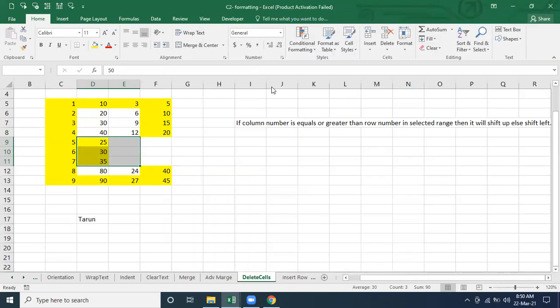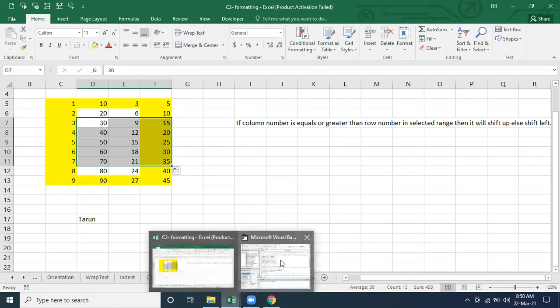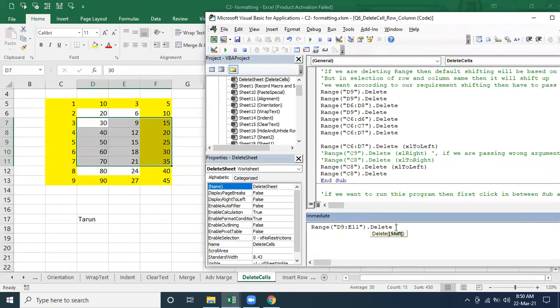But if you are not happy with the left, and we want to shift up, then here we have to tell the shift property. It is asking what your shift property is, so we have to assign it. We have to pick this shift property. If you don't know about it, we have to go to Google and identify what all properties are there.